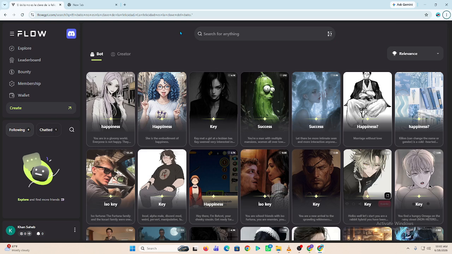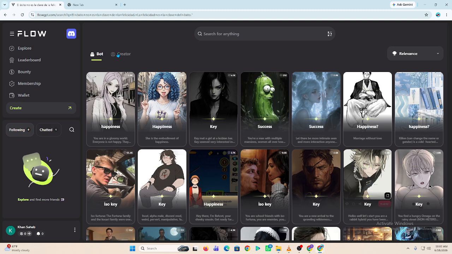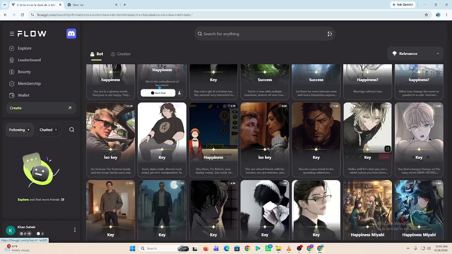Hey everyone, if you want to use FlowGPT with ChatGPT in 2026, you're in the right place. In this guide, I'll show you how to find prompts in FlowGPT and use them with ChatGPT for better AI results. First, FlowGPT is a platform where users share and discover AI prompts designed to improve responses from AI models